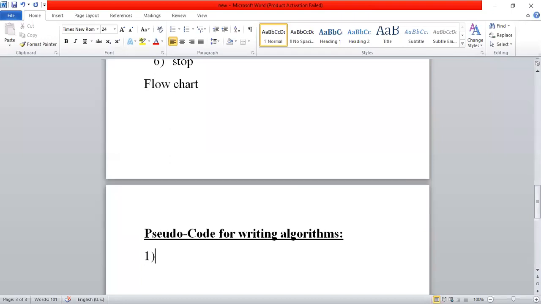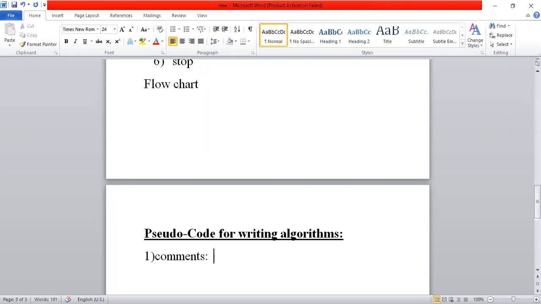Those comments represent the purpose of the algorithm or program. We call them comments. So the first step is comments. While writing pseudocode, the first step we write is a comment.